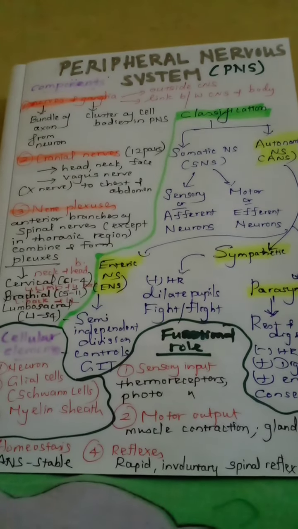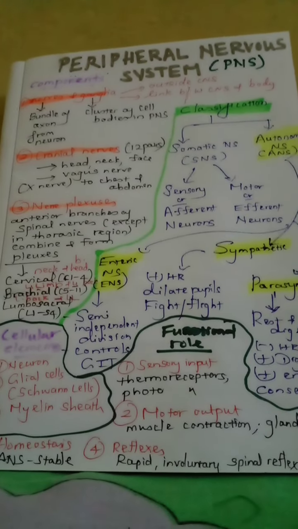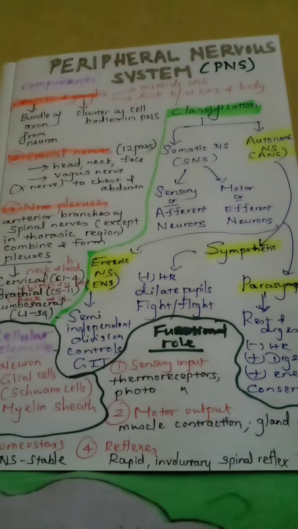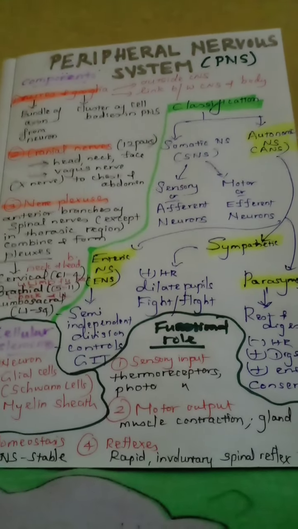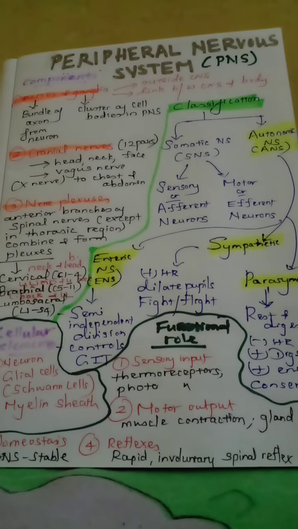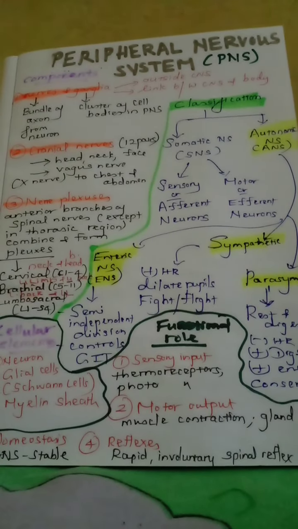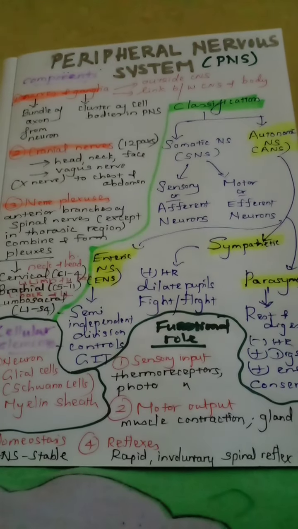So, overall, the cellular elements of the PNS include the neurons, obviously, the glial cells or the supporting cells known as the Schwann cells, and the myelin sheath. So we have this PNS for the purpose of sensory inputs and definitely for the motor outputs, like to contract the muscle and to maintain